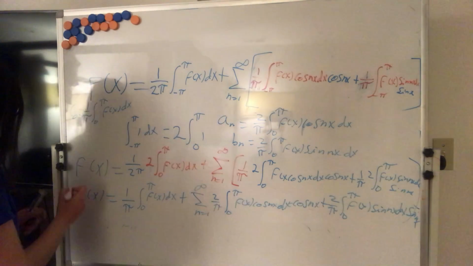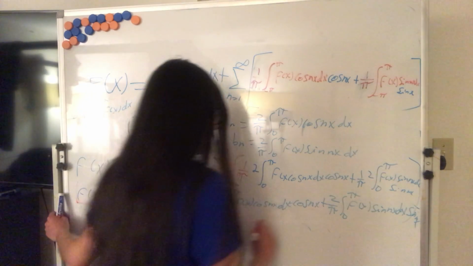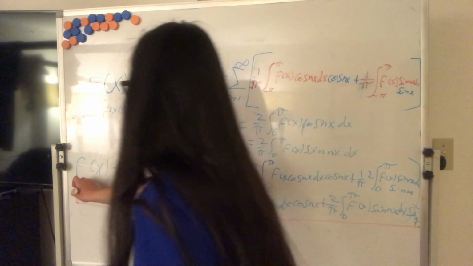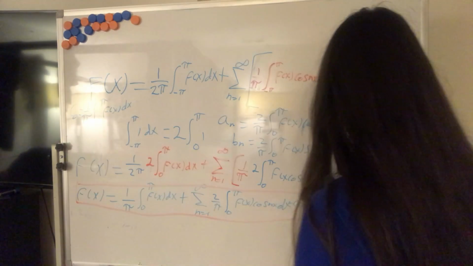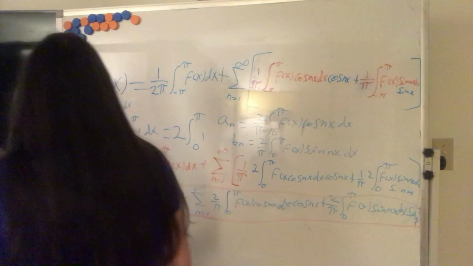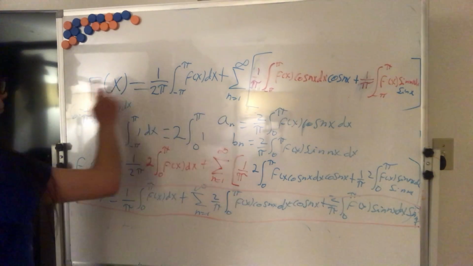So this is also the Fourier series for a function with period 2 pi, and these are the coefficients, the constant,